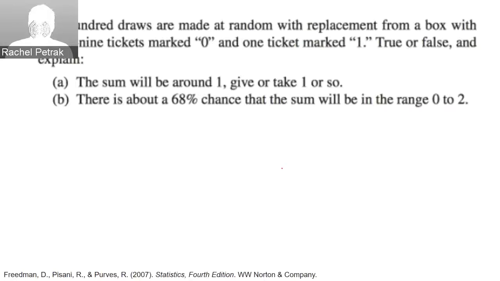Is this true, A, or false? I'm going to go with true. Why is this true? Because there's 100 draws made at random from a box with 99 tickets marked 0 and 1 ticket marked 1. So if we want to get our expected, remember that our expected value for the box